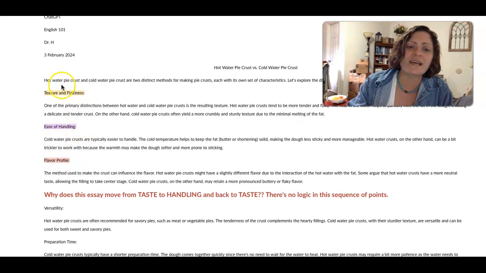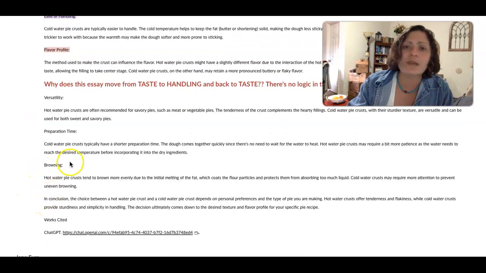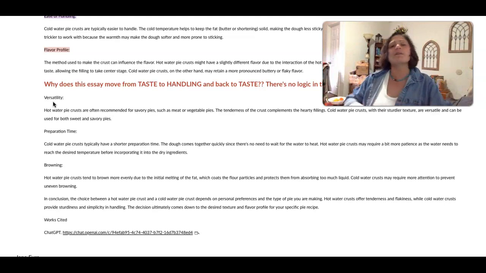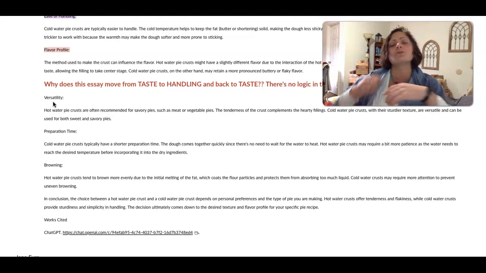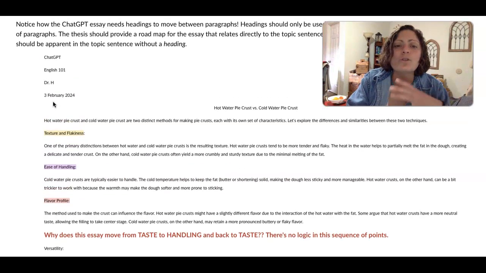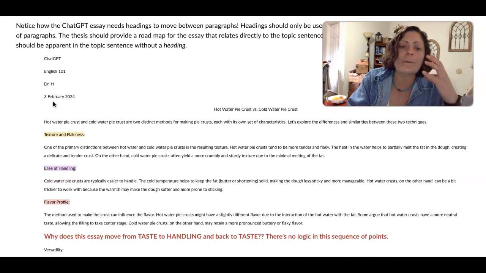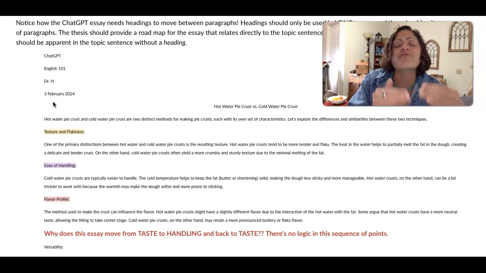It would make more sense to group taste together, and then have things like ease of handling with preparation time and browning, because all of those are about creating it. And then perhaps lose versatility at the end, where you're reflecting more broadly on, based on the different taste profiles, where would you use this kind of pie crust? Sorry, flip-flopping topics here. So there's no logic, and that leads to a sense of confusion and a failure to